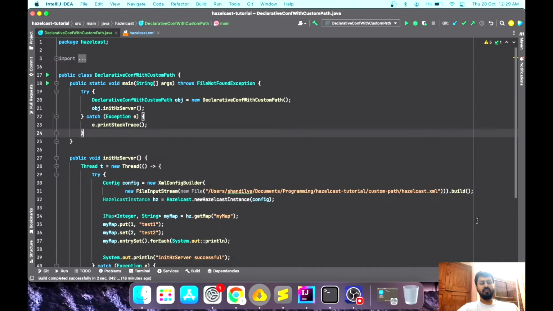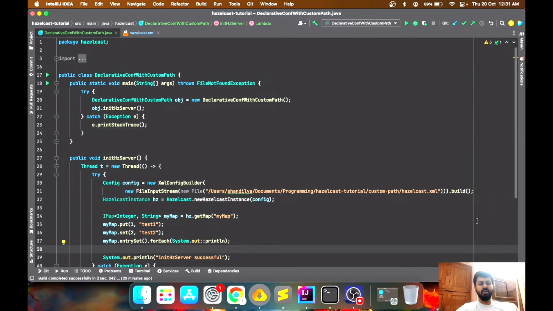Hey everyone, I'm making this video on Hazelcast Declarative Configuration. I've already made a video on Hazelcast Declarative Configuration, but in that video I missed a small point. So in this video I'll quickly cover that point and wrap it up. The point that I missed in that video was to read Hazelcast configuration file if it is present at some